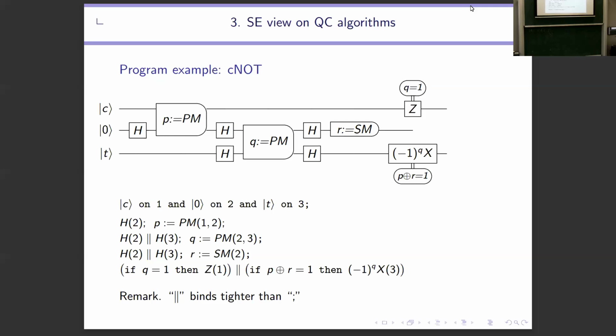Then you execute in parallel. You see how important parallelism is. So Hadamard gates on wires 2 and 3. We could also do it sequentially, H2 and then H3. Instead of, as often in abstract machines, giving one step and saying repeat the step, here each step is written separately, because quantum circuits are